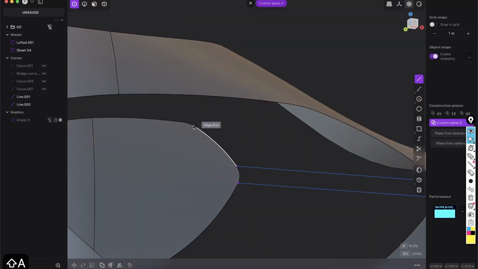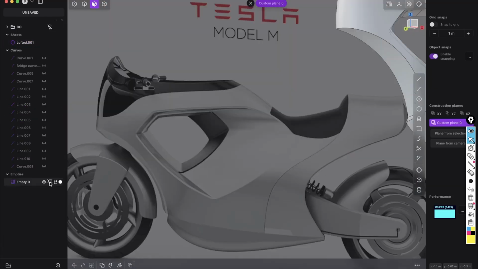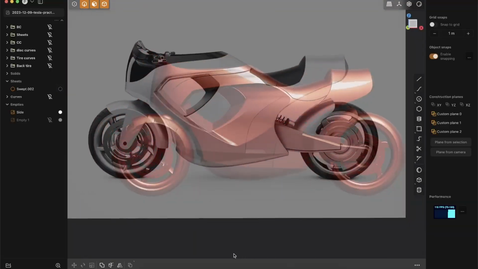So maybe you're noticing already that Plasticity is becoming the go-to 3D modeling software, and in this tutorial you will learn how to create absolutely amazing design details just in a few minutes and improve your designs to completely new